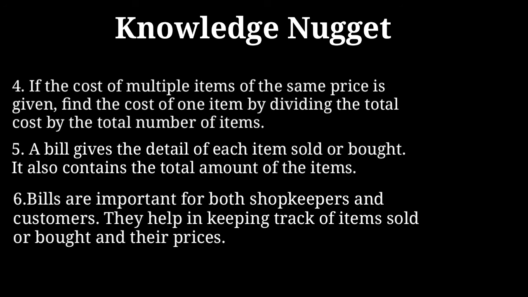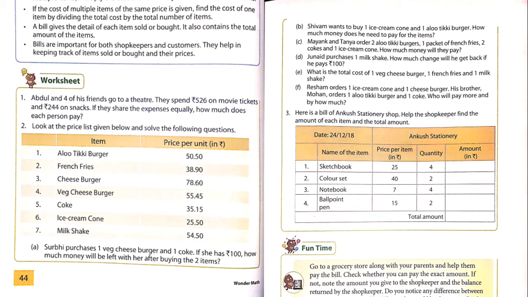So this is what we have learned in this chapter, money. And here a few worksheet problems are given for you. Only 3 problems are there. In the last exercise we have seen the same thing. Here the bill will be there and below that a few questions. We just have to read all the questions, relate them to the shopping bill and answer the questions. So it will be related to money only. Rupees and prices will be there. Just relate to the exercise and do the worksheet problems.